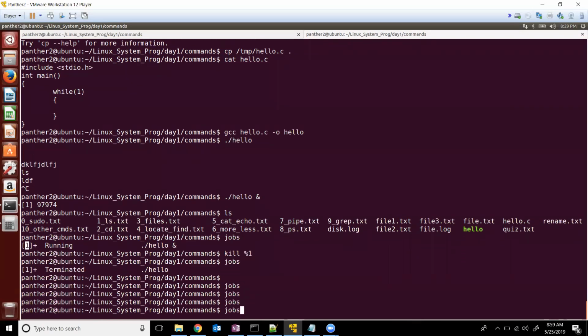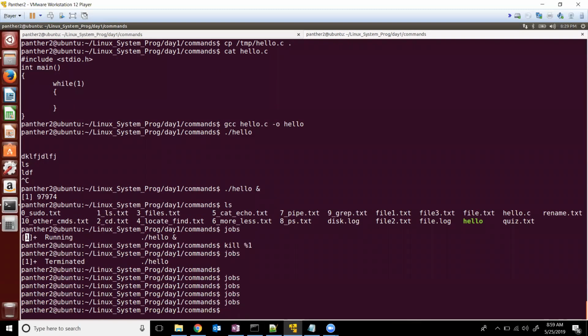I don't have that. So it's a permanent kill, permanently deleted now. So if you have started any commands in the background, you can use jobs and then you can use it. Okay, so we have seen the PS command, which is used to list all the processes running, including services or